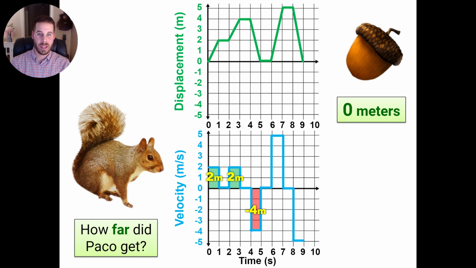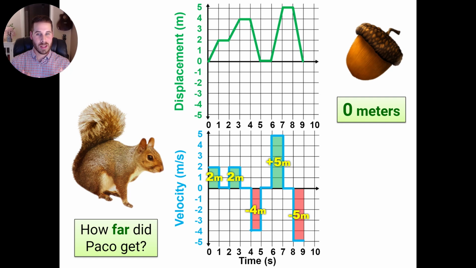So that matches up. In the next significant section, you can see that he went forward 5 meters. On the DT graph, and on the VT graph, counting up 5 blocks means adding another 5 meters, so that still matches up. And the last section where he was actually moving was between seconds 8 and 9, where he was traveling backwards 5 meters. Well, here's 5 blocks that are below the axis, and so counting up that area, we get negative 5 meters, because there's an area of negative 5 times 1. So if we add up 2 and negative 4 and positive 5 and negative 5, that totals up to 0